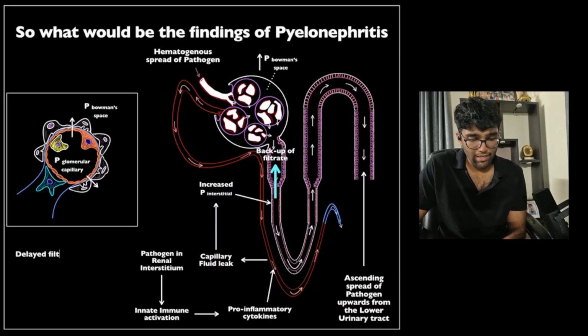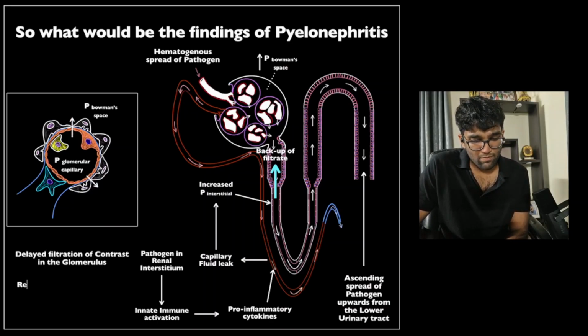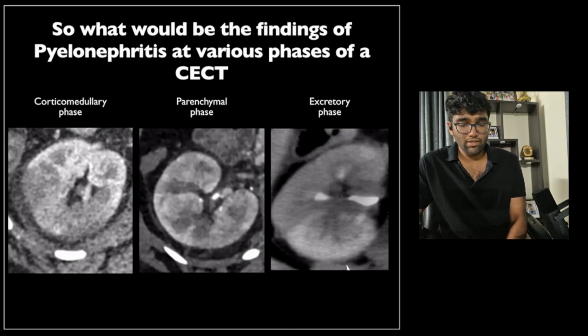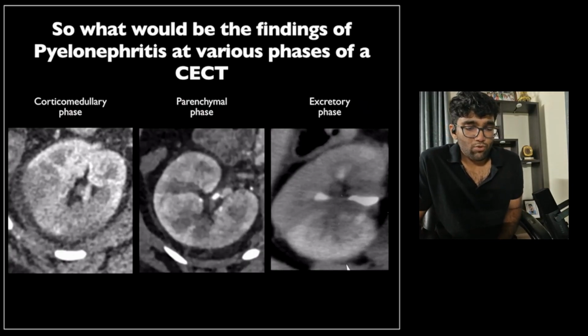that will result in a delay. Okay, now this is because of a delay in the filtration of contrast in the glomerulus, and that resultantly causes a delay in the shift from a corticomedullary to a parenchymal phase. So naturally,